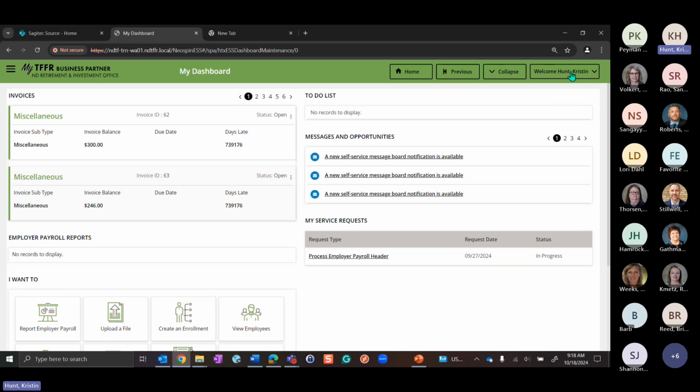Everything's going to be the same between this internal one and the external one. The only thing that's different is that internal users have this feature where they get to switch between contacts. So if one organization calls up and they're working with them and viewing what they're seeing, they can switch easily between different contacts if another contact calls in. So that's the only thing that's different between the external and the internal.